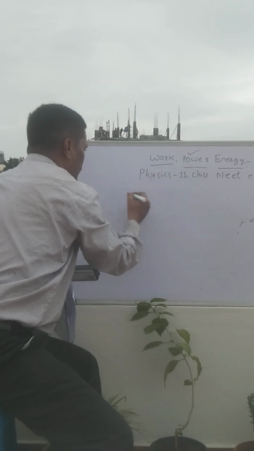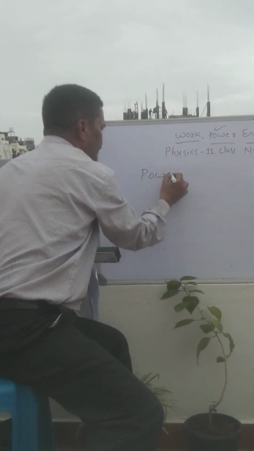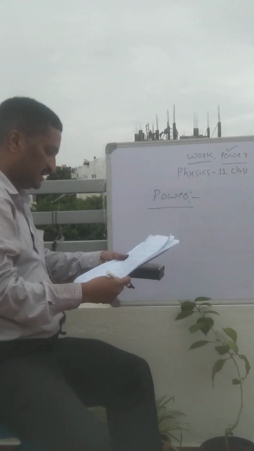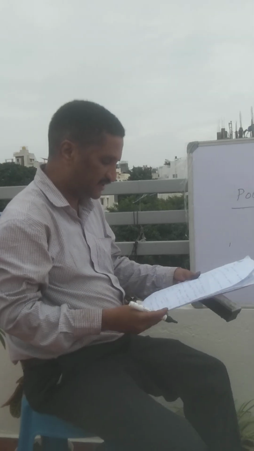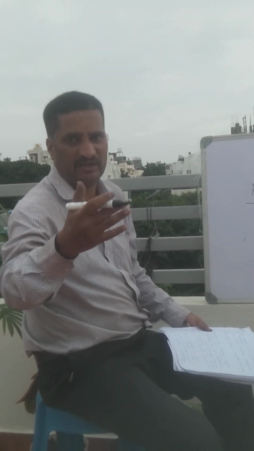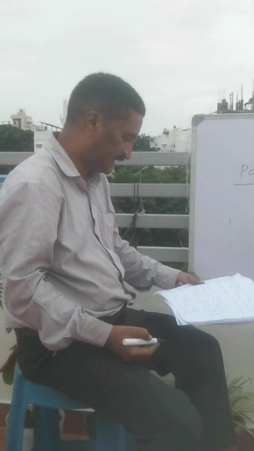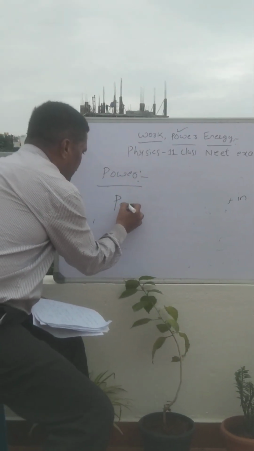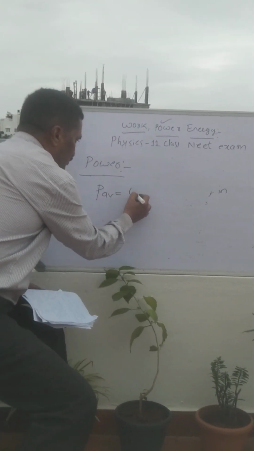The last one we are dealing with is power. What is power? In simple terms, the average power is defined as the ratio of work to the total time. Whenever you take a rate, if you divide by time, power will come. Same work you are doing, but how much time you take to do that work, divided by time, gives power. Power is the rate of doing work. That is called power, right? So P average is given by work total divided by